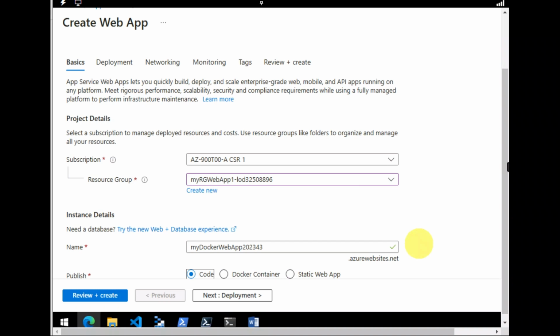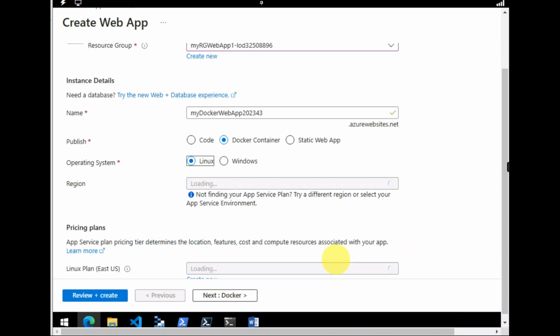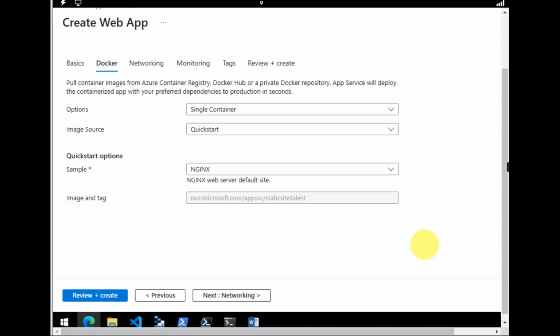And the next thing would be publish. I would go with Docker container. Operating system would be Linux. Region would be East US. And so I would go with next,